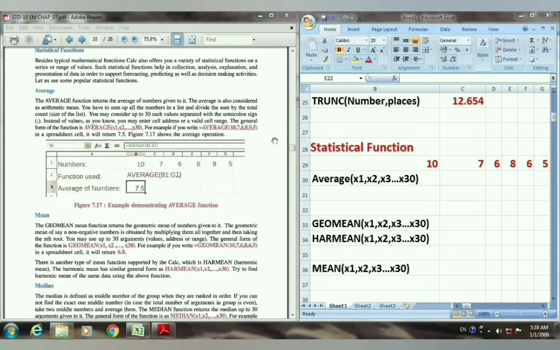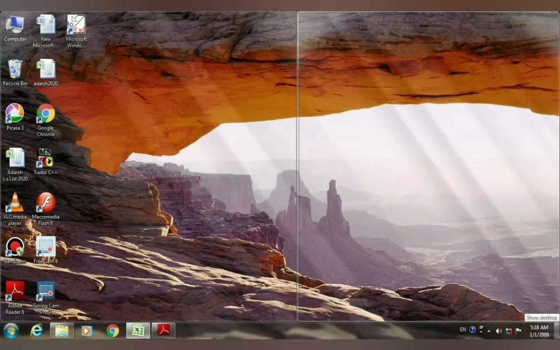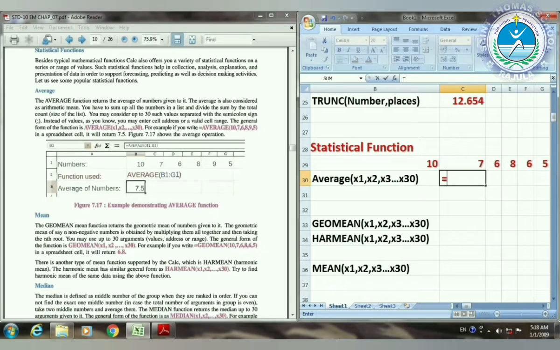So first the average function, here you can see some of the values are written there. First it will add all the values and then divide the total by how many numbers there are, that is 1, 2, 3, 4, 5 and 6. So it will divide the total by the total number of values, that is 6. So let's just start using that function. First the equal sign and then average.